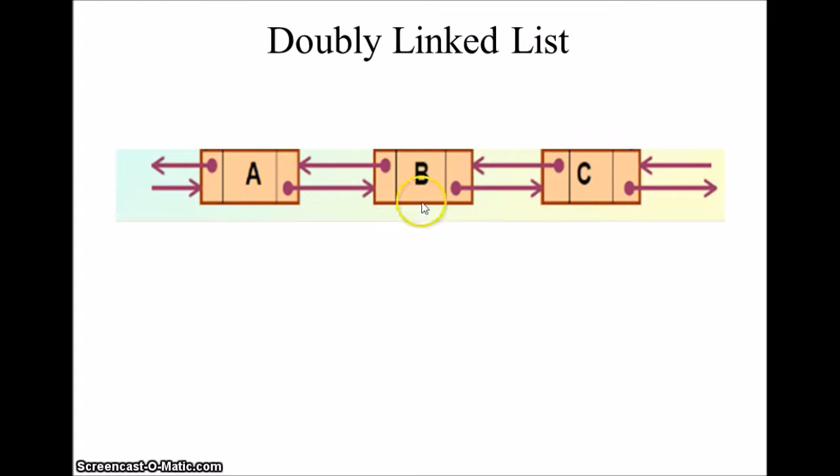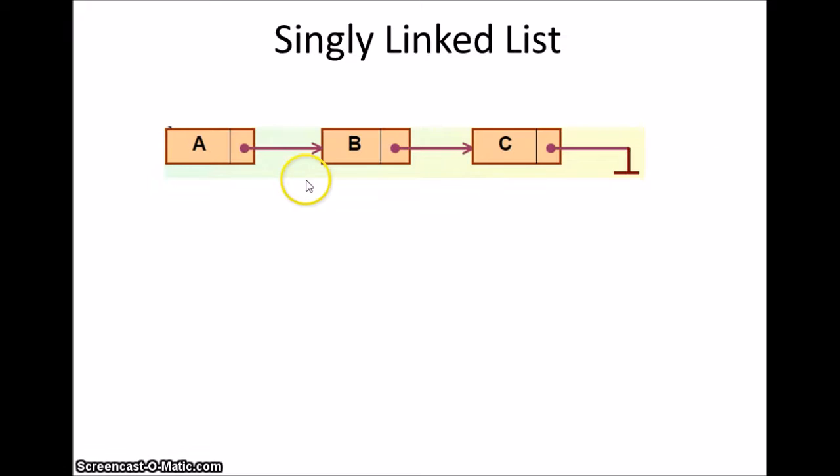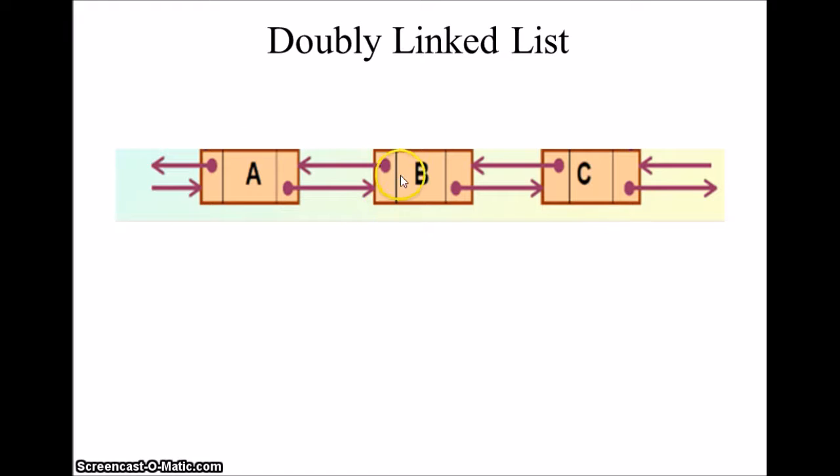Similarly, we have doubly linked list, where a node has the information of the next node as well as the previous node. That is doubly linked list. Two links, doubly, two links. So one node has the information of its next node as well as previous node. But in singly linked list, the second node B has the information of the next node C, but it doesn't have the information of node A. In doubly linked list, B has the information of node C as well as node A.